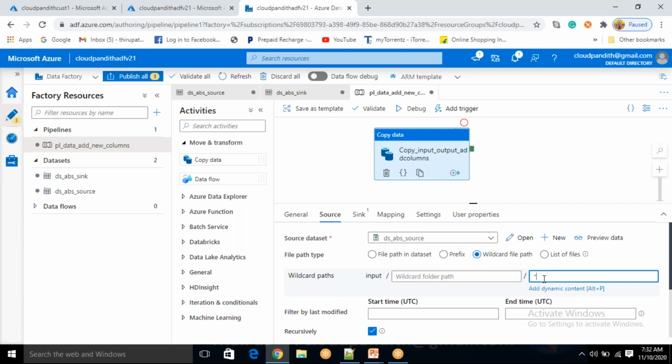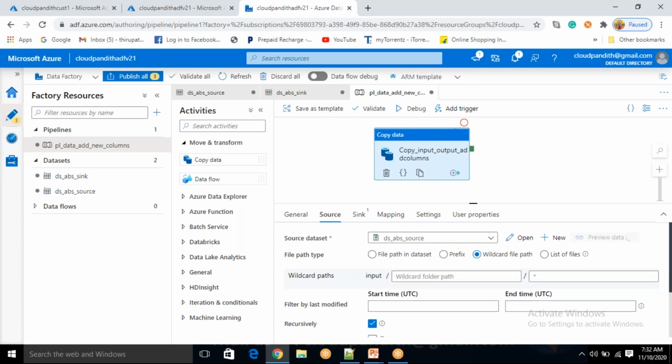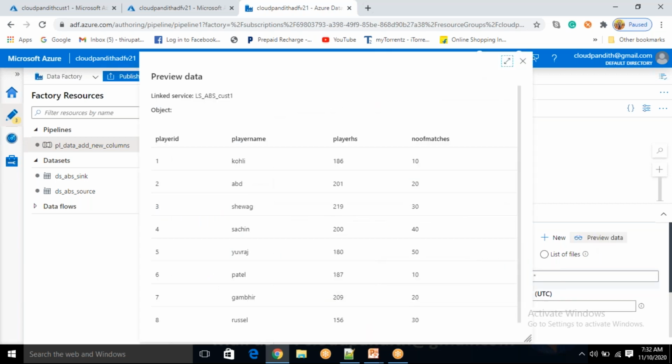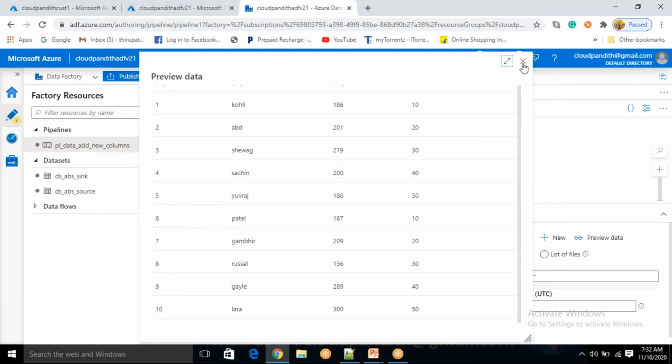We have seen all those things. Star means it is going to pick everything. Now I want to read the data, so click on preview data. How many columns are you getting now? 4 columns: player ID, player name, player highest score, number of matches. From 2 files I got a total of 10 records.